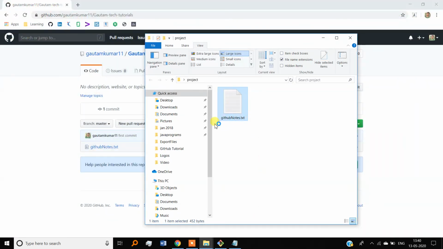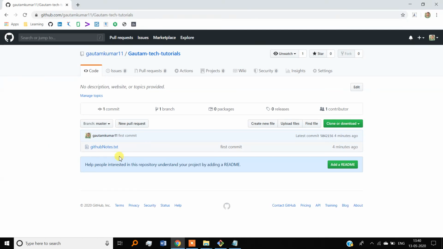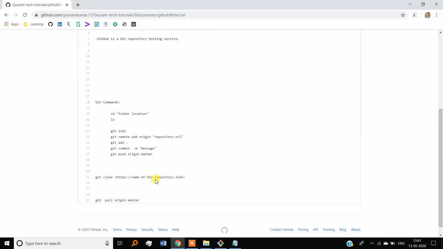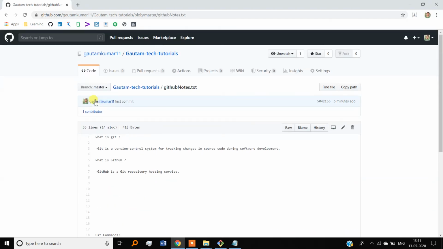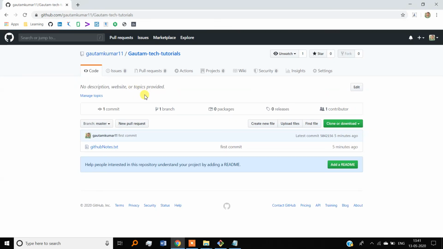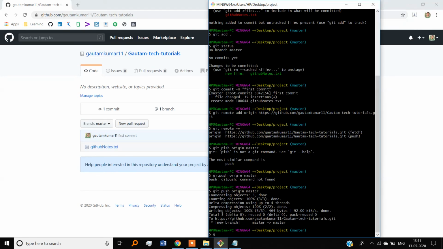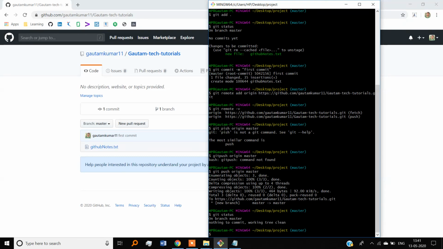It has got submitted or pushed to our GitHub repository, and we can open it from here and see. Now again we will check the git status. It is showing nothing to commit. So it is done.